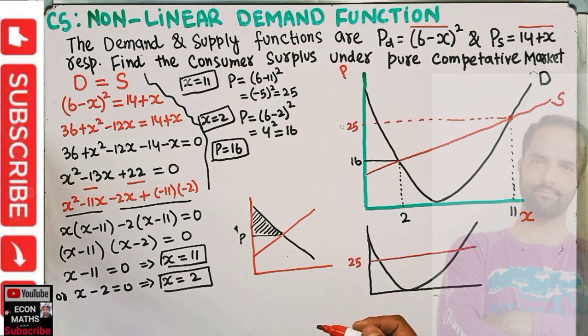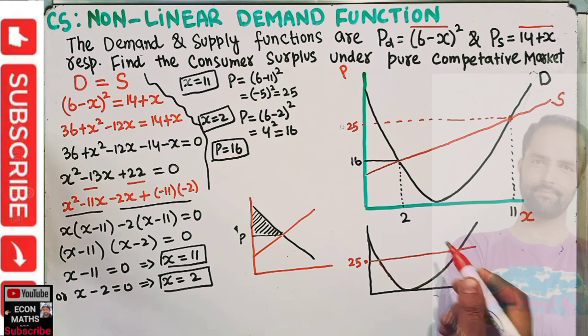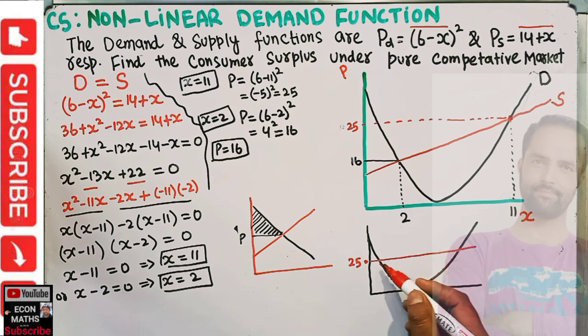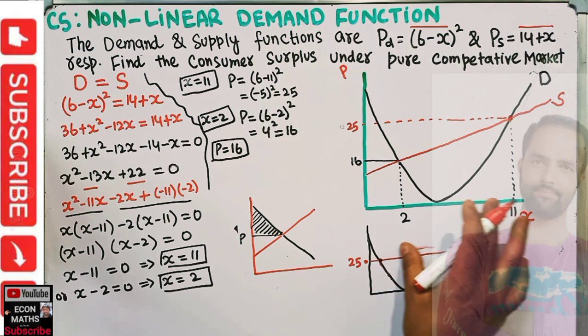Here you can easily see that this is the market price, and below this is our demand function. In this case the consumer surplus below this point, going right to this point, this area,